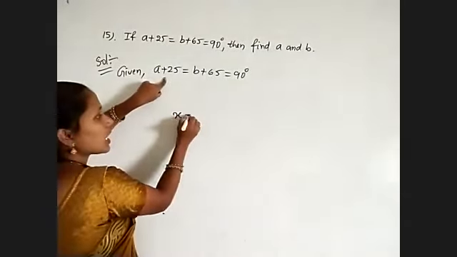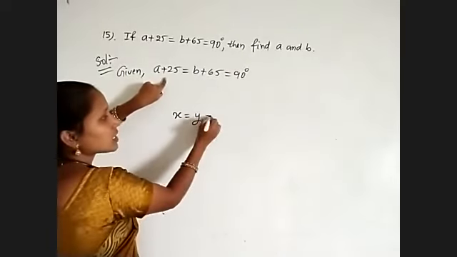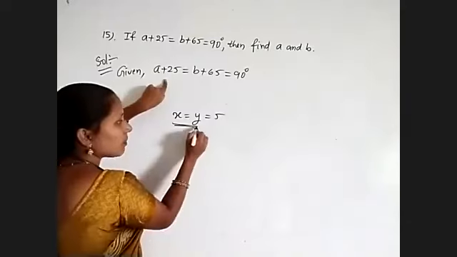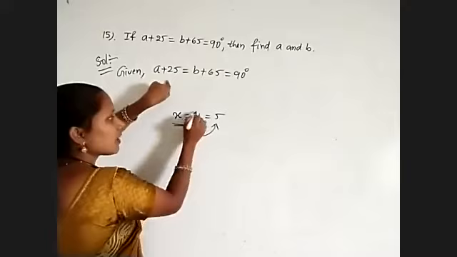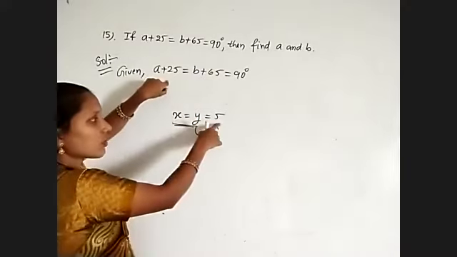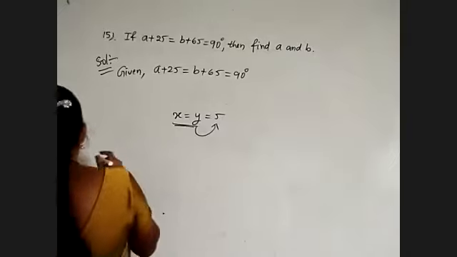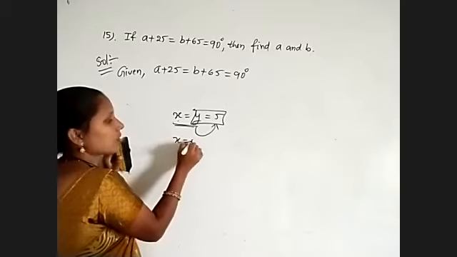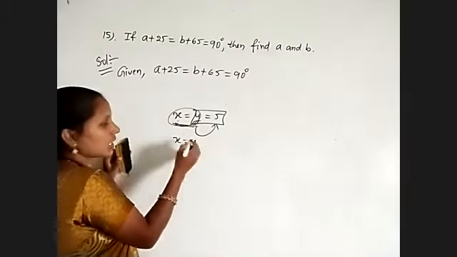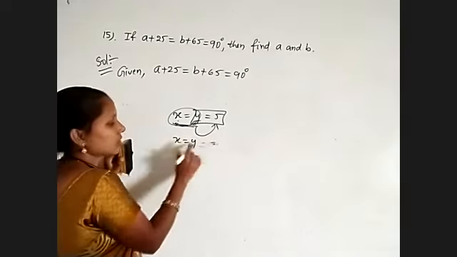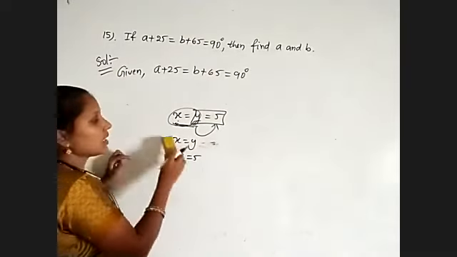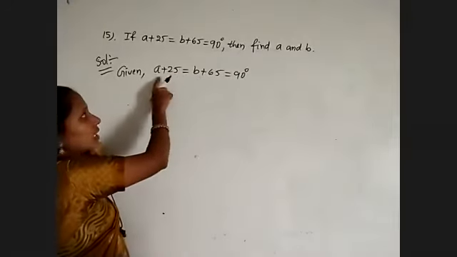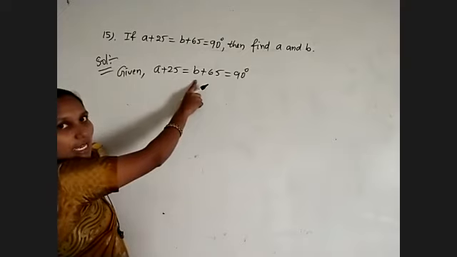Suppose x is equal to y, and I am saying y is equal to 5. See, x is equal to y, but y is equal to 5, means x also equals 5. That means x is equal to 5, y is equal to 5. Understand? See, these two are equal, and we know that x is equal to y from the first side, so x also equals 5. Understand? Same here also. To simplify this equation, if you are equating these two, A and B, two unknown values are there, so we can't simplify.